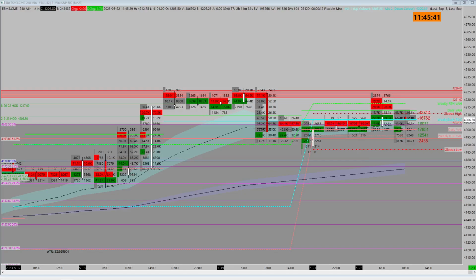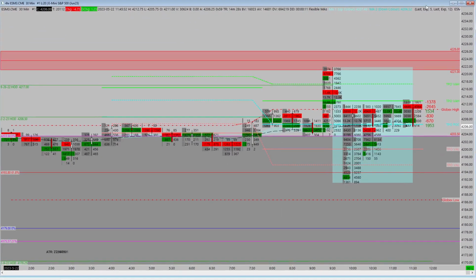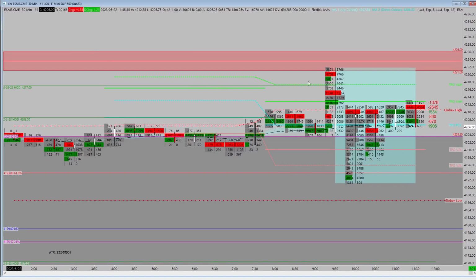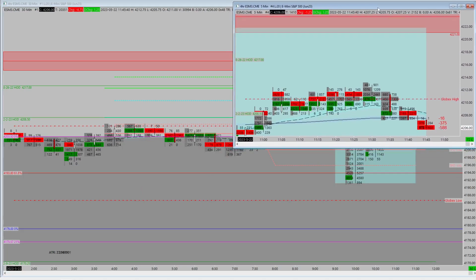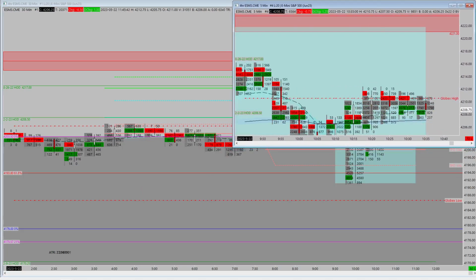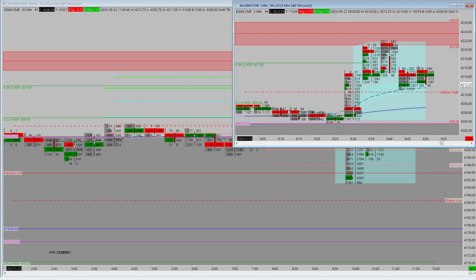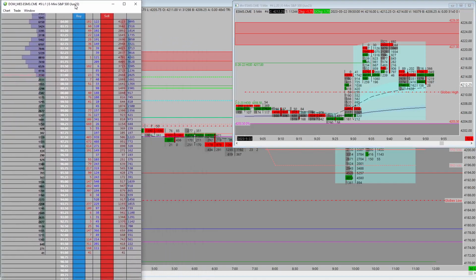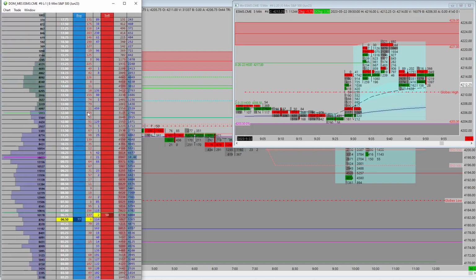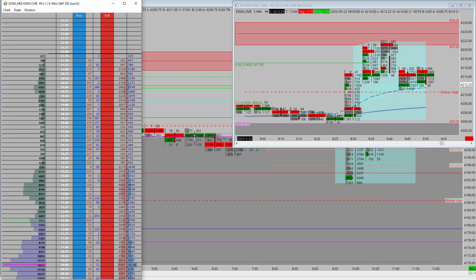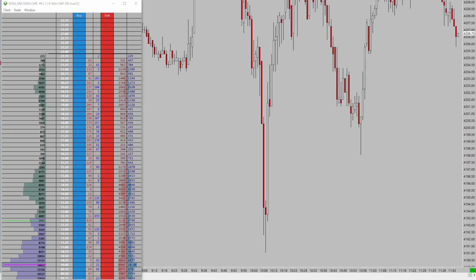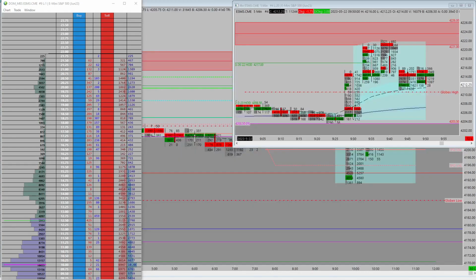So when it comes to actual execution, I'm not using my 4-hour time frame. I have a 30-minute up, but for my actual execution, I have a 5-minute up, and I'm going to go to around the time of the entry over here, and I have my DOM up as well. So that was up here. The actual execution of it, I'm actually going to have a tape replay where I'll be dissecting what I see